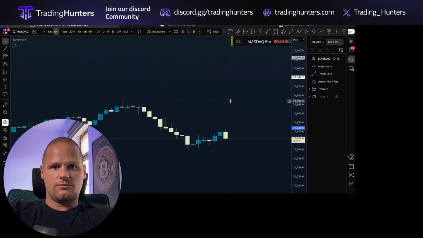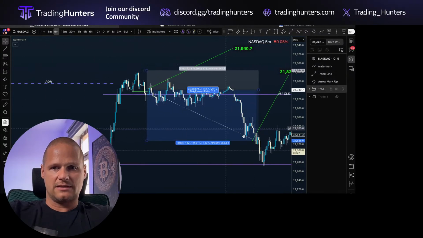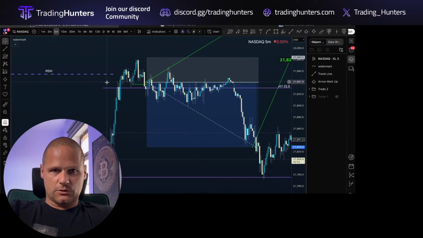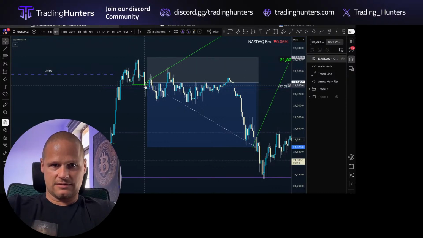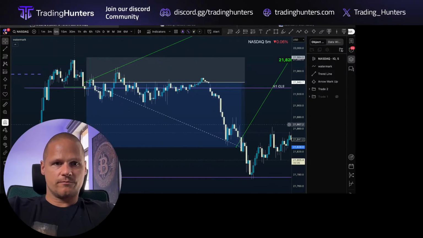Then you're looking on the 5 minutes. So you have this manipulation above, then you can see this down candle closing below these consecutive up candles. It was actually like this, and then you're looking for the entry